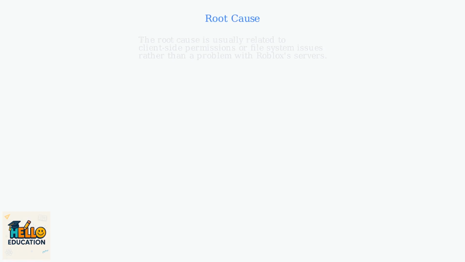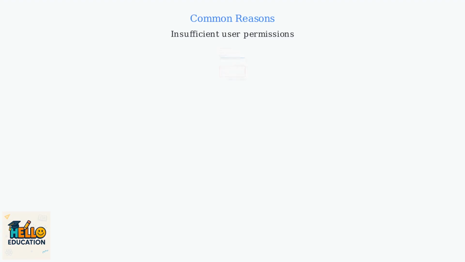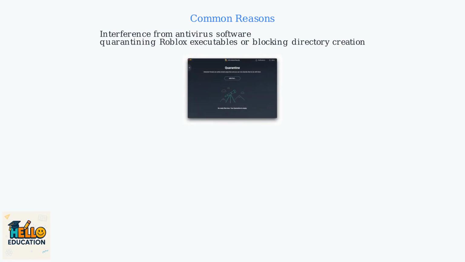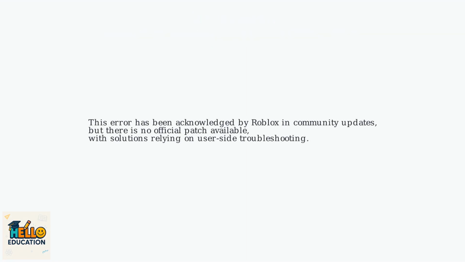The root cause is usually related to client-side permissions or file system issues, rather than a problem with Roblox's servers. Common reasons for the error include insufficient user permissions, interference from antivirus software quarantining Roblox executables or blocking directory creation, corrupted temporary files, or system compatibility problems, especially on Windows 10 and 11. This error has been acknowledged by Roblox in community updates, but there is no official patch available, with solutions relying